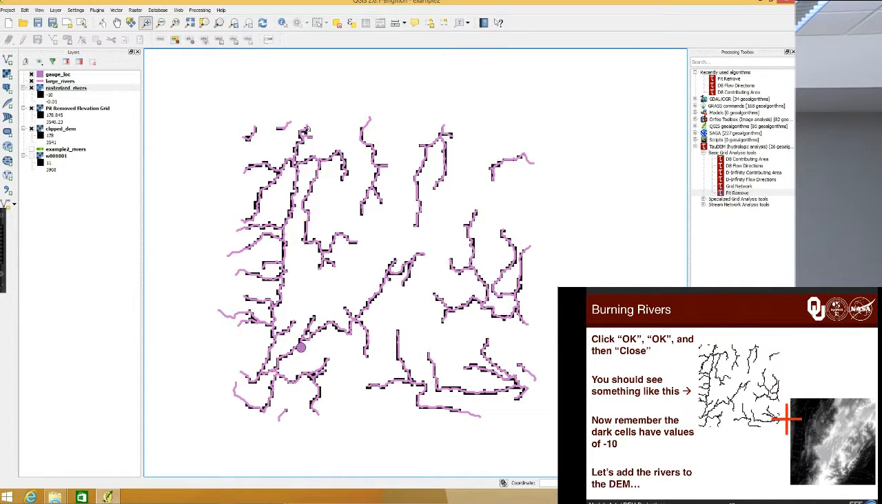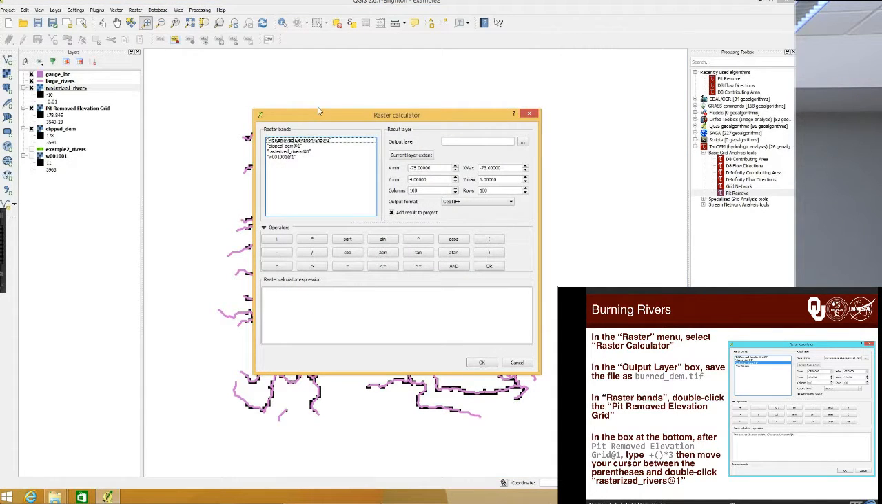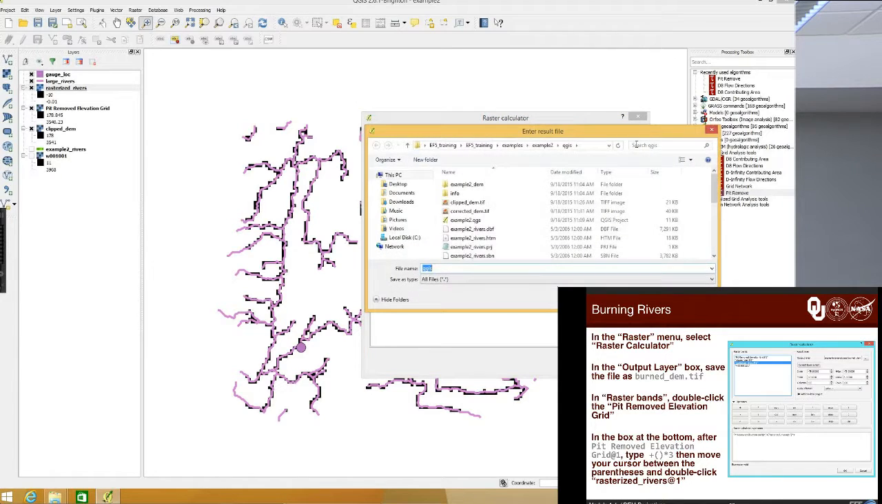And now you'll see that I have kind of blocky looking patterns on my rivers where I didn't have that before. So now we're going to basically add this river network to the DEM. And the way we do that is in the raster menu, we're going to go to raster calculator, which is the first option. So in output layer, the first thing we want to do is make sure we're saving our file. So I'm in my QGIS folder, I see clip DEM, corrected DEM, example 2, I know I'm in the right place. And I'm going to save this as